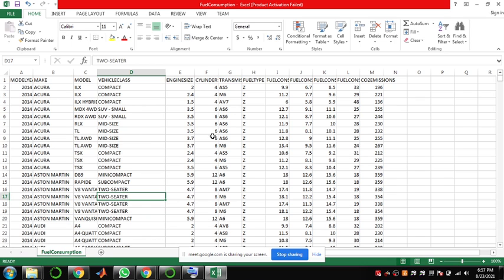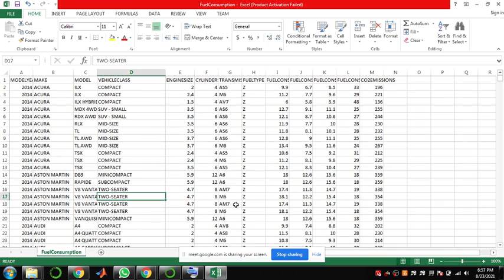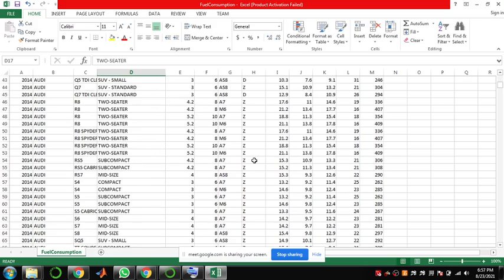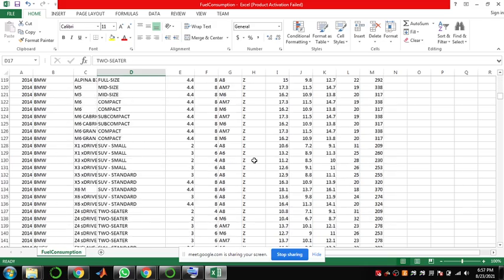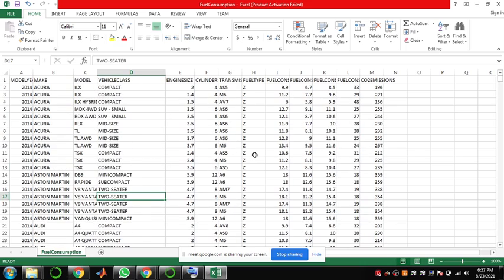Number of cylinders, transmission type, manual gear, automatic. They also mention the fuel type. Z indicates gasoline, D indicates diesel. So they have two, three different kinds of options.